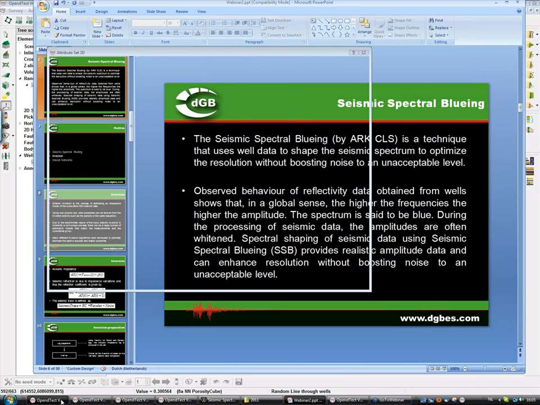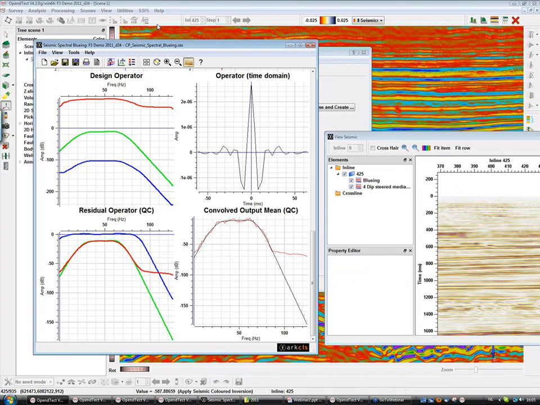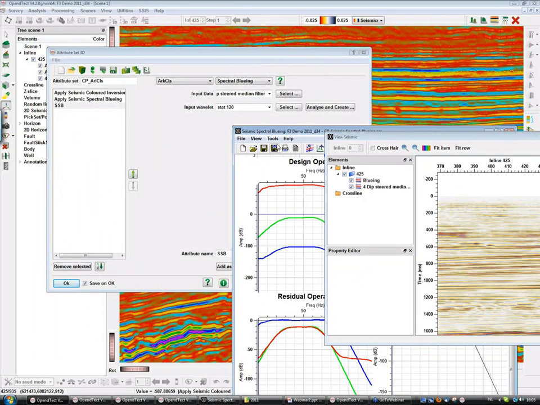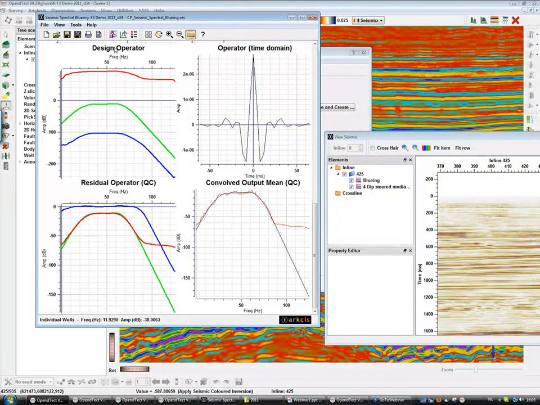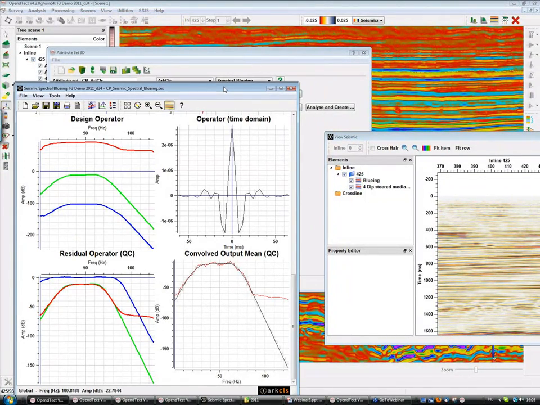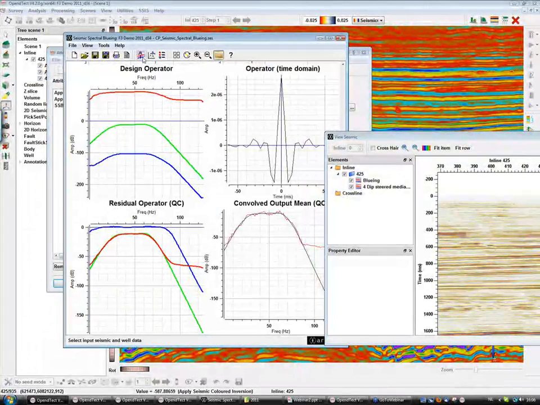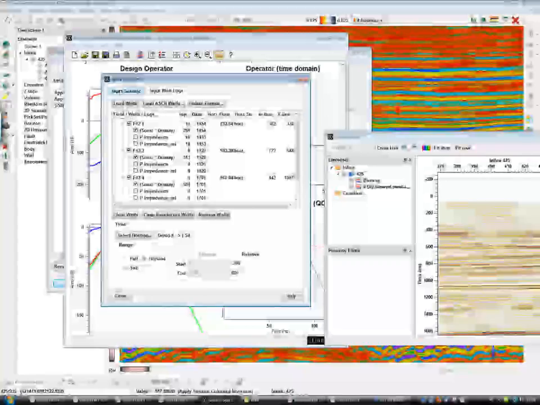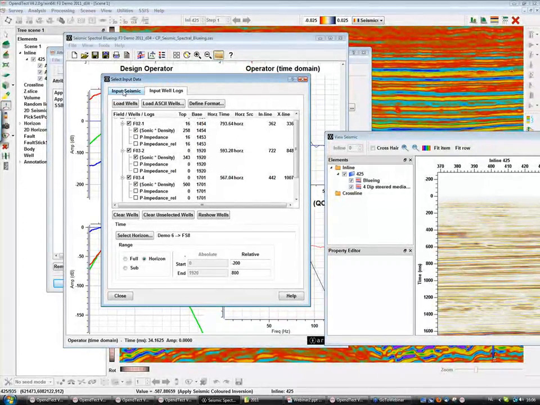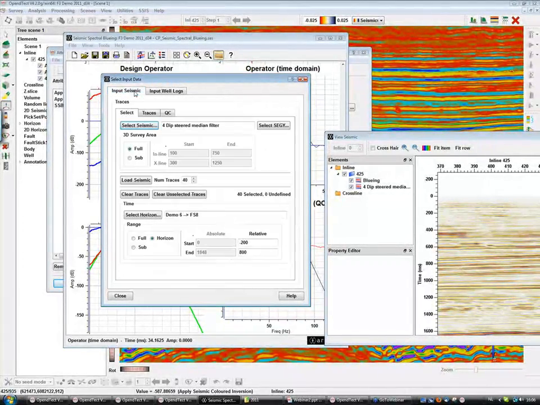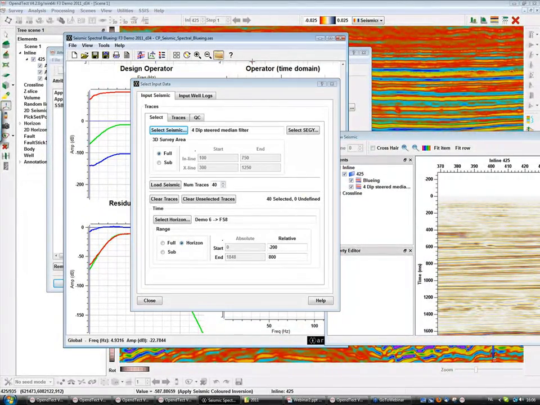So you access this plugin through the attribute set engine, in the ArcGIS subselection. When you click on Analyze and Create, you have this window that pops up. You select the seismic, the well data, so the impedance logs that you have computed in your wells, and then you are able to